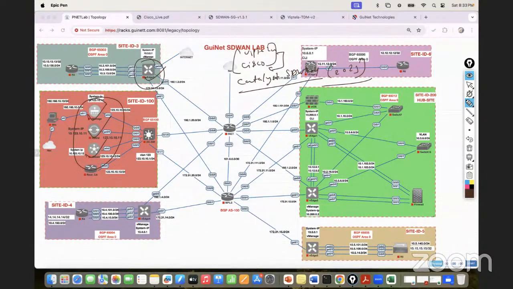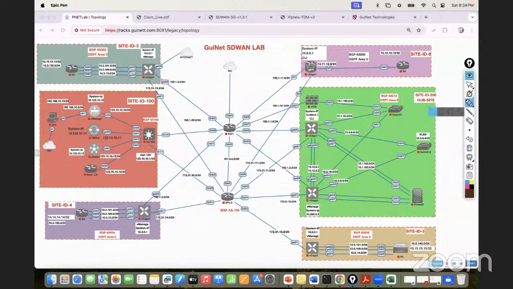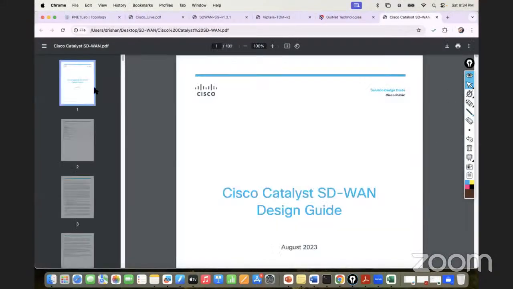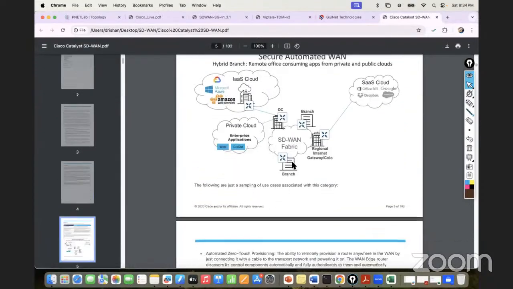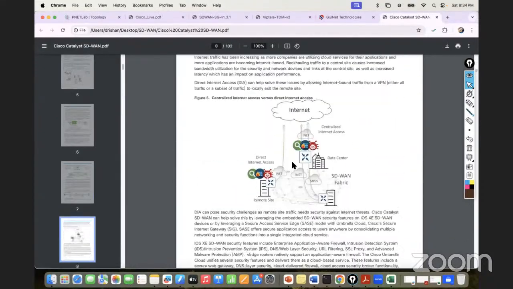So let me show you how it is going to look. Let me show you one of the diagrams, meaning one of the documents, so you understand. Let me open it. So this is a Catalyst SD-WAN. If you go a little bit down,